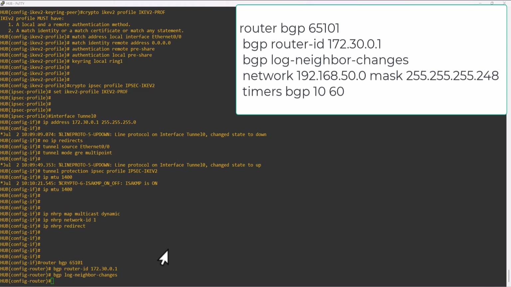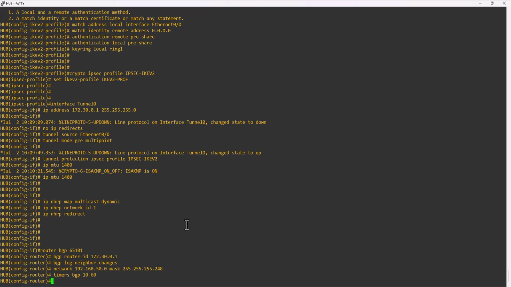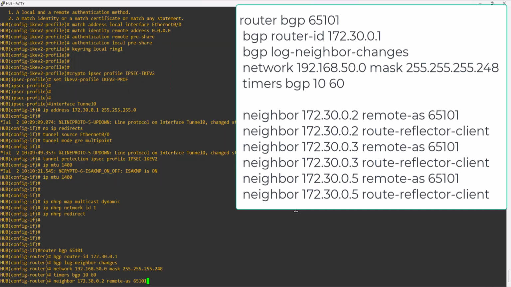The next thing to do is configure which network is going to be advertised, which is the LAN interface network, and set the BGP timers. We have an update interval of 10 seconds and a hold time of 60 seconds. Now we add the neighbors, and these are the peer routers. The first neighbor is remote site 1, also using the same